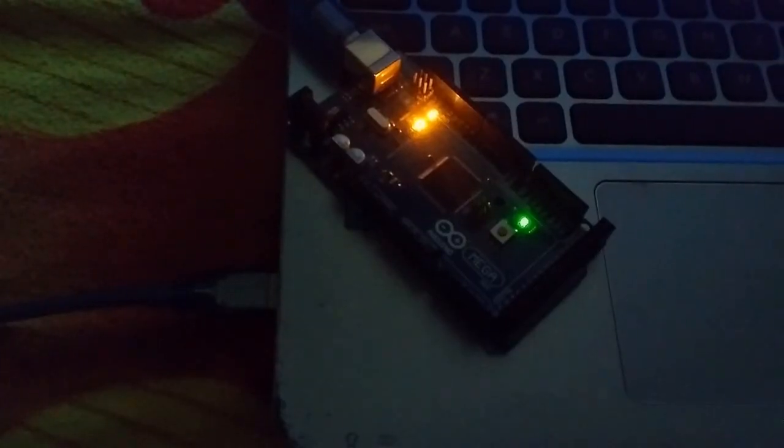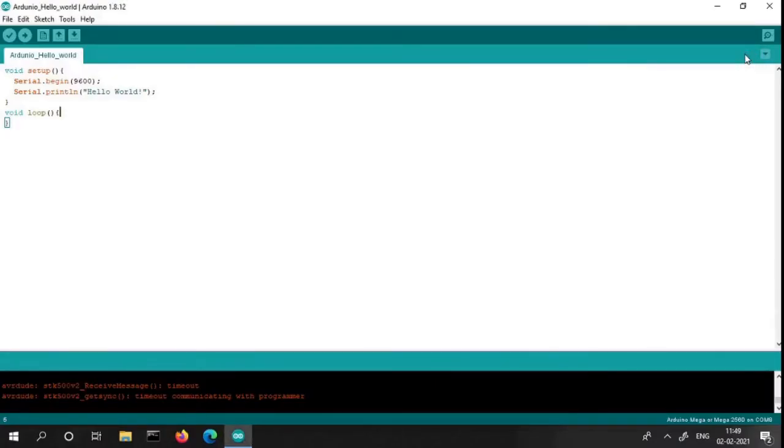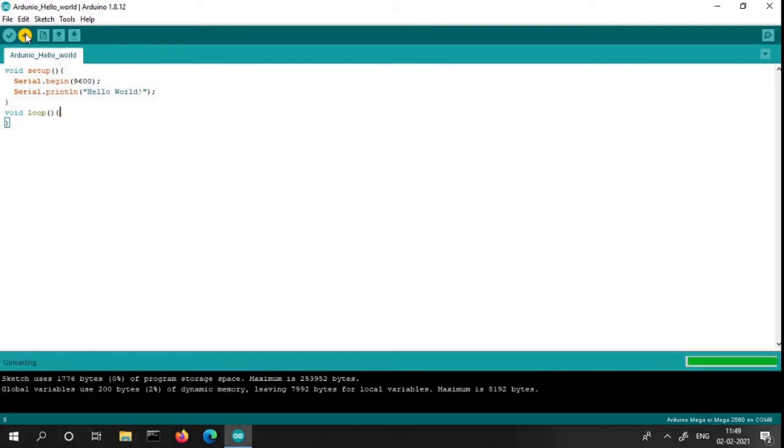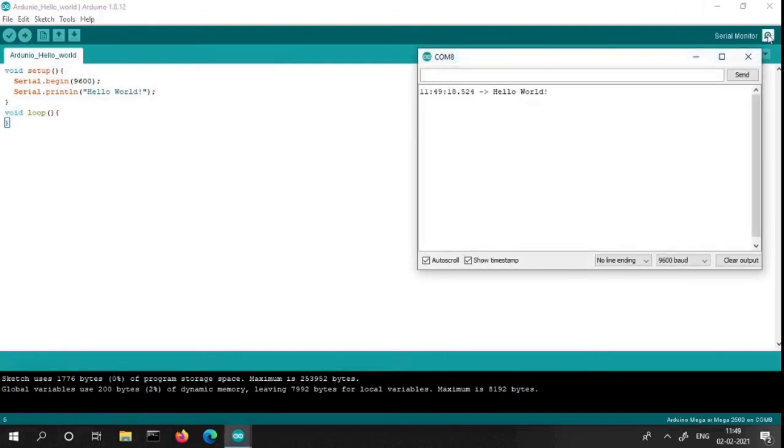Okay, now it is compiling. After compiling it will start uploading. Here we can see the RX and TX LEDs blinking, so the uploading is completed. Okay, we have seen done uploading.